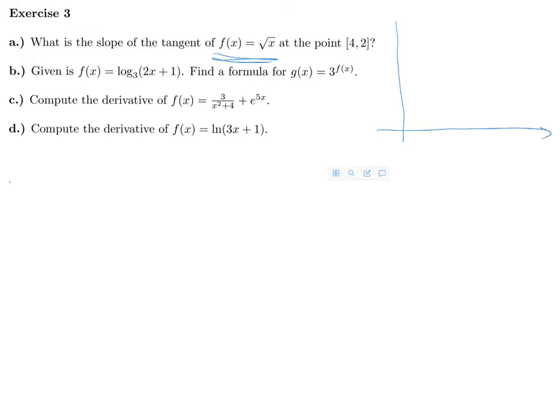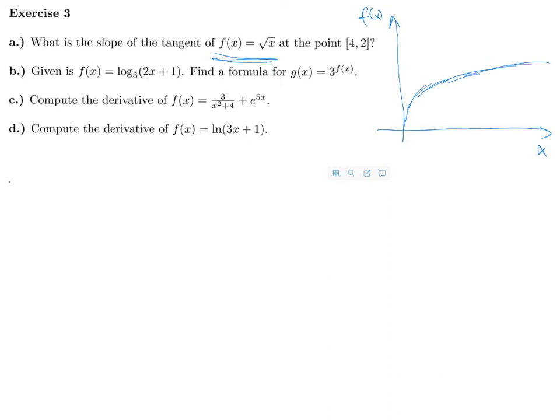So if we draw this, here is x, and here is f of x, then this function looks something like this. It's only defined for positive x or x equal to 0, so I don't draw anything here for negative x. And if we ask for the slope of the tangent at the point 4, 2,